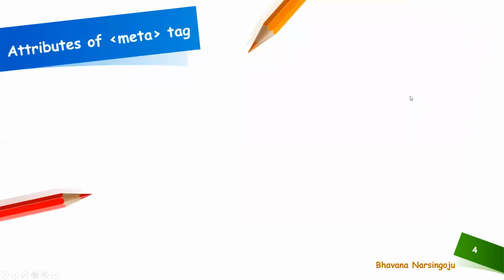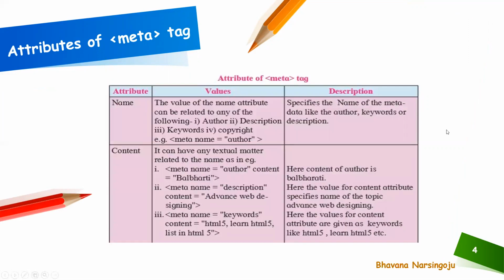Now moving ahead, what are the attributes concerned with meta tag? This is the image from your textbook. The first attribute is name. How will you use it? You will use it with the syntax meta name. Which contents do you want to use in name? Who is the author, then description, keywords, or whether it is concerned with the copyright. All these things you can use under the name attribute,